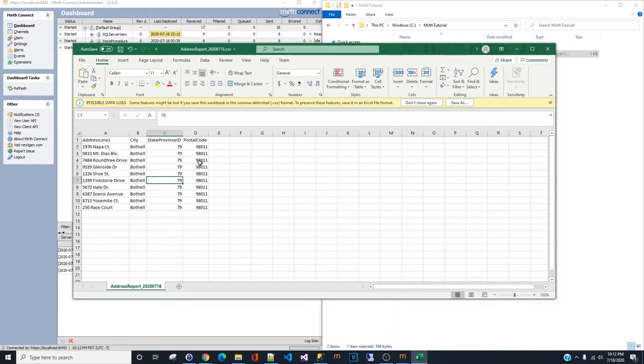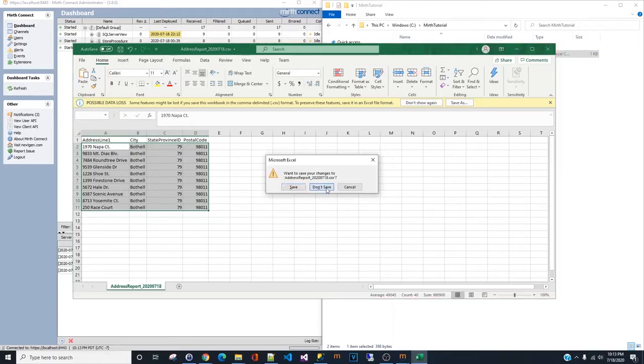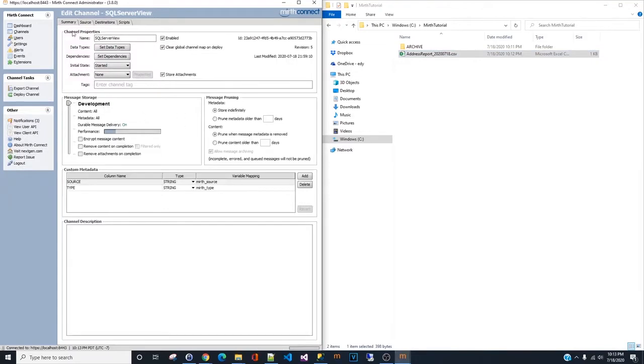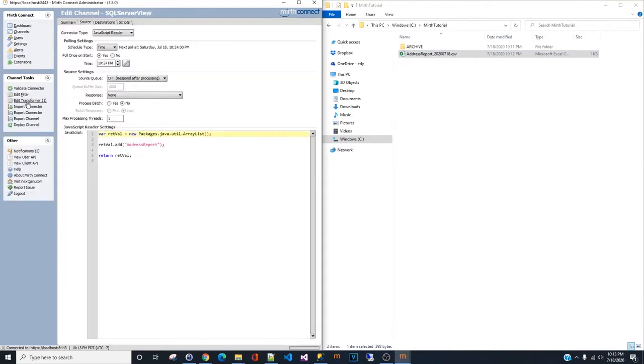The first line is the header of the report, and line 2 to line 11 are the 10 rows. Basically, we only want to pull the first 10 records in this view. Okay, so that's what we're going to do, and the way we're going to set it up is through a transformer,